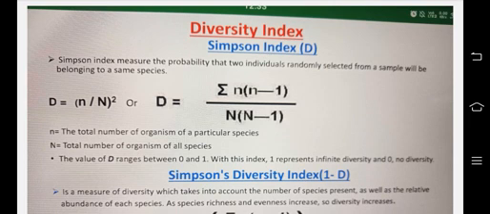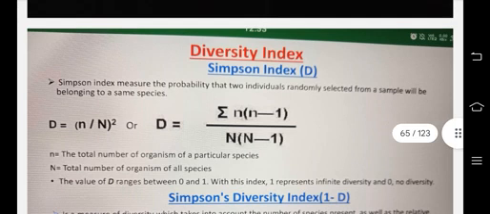Simpson index measures the probability that 2 individuals randomly selected from a sample will belong to the same species. A probability is analyzed here. D is equal to (n by N) whole square, or D is equal to n(n-1) by N(N-1),